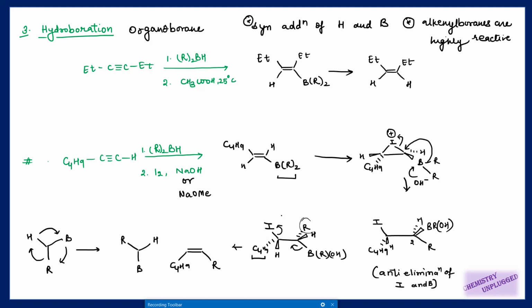There is one more example given in the book based on the same type of mechanism. I will write it here. You can consider it as a question if you want to try. This is our alkenyl borane, right? So you have to treat it with iodine in the presence of sodium methoxide. So try to find out the product. Doing this same whole mechanism, you have to find this one without looking at the final product in the book, right? So try to do this one.